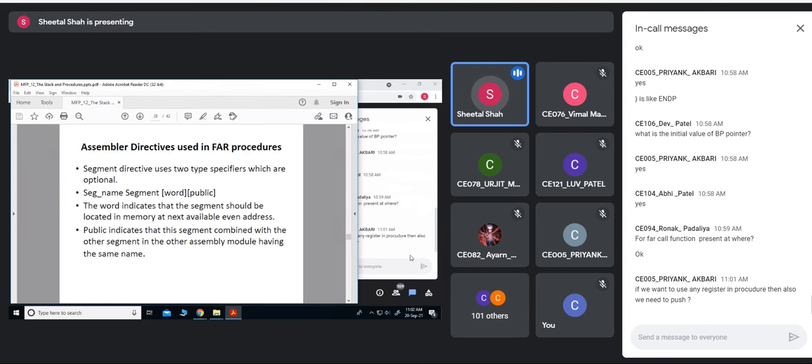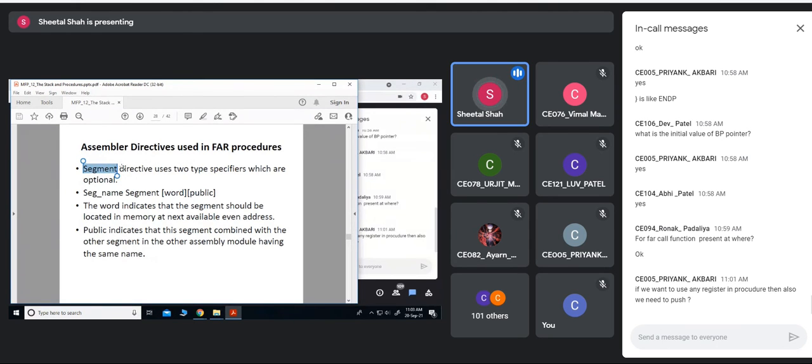Now, before going further with the procedures, we'll see how to use the FAR procedure, how to write the FAR procedure. For doing so, there are some more assembler directives which are required. Every time we used to write data segment, code segment.